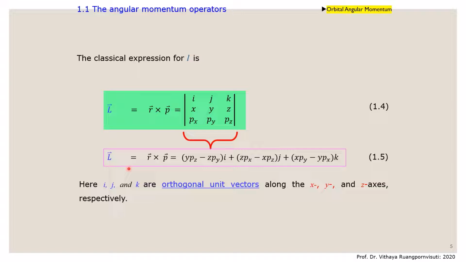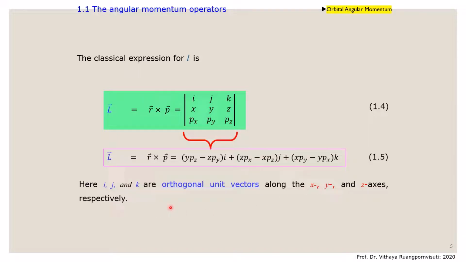Angular momentum is equal to the first term, y pz minus z py, multiplied with the unit vector i, plus the second term, z px minus x pz, multiplied with the j vector, plus the last term, x py minus y px, multiplied with the k unit vector,